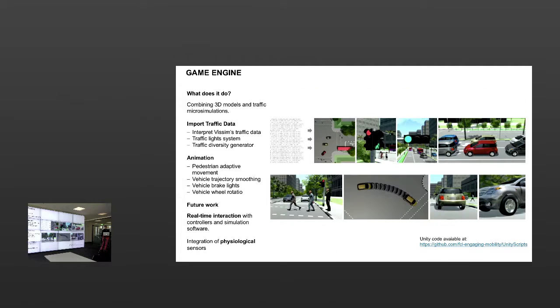So we wanted to have a better option. And obviously you can't combine the traffic microsimulation with the latest head-mounted displays. So what we did is we take the information from the microsimulation, which is essentially X and Y coordinates of cars and buses and